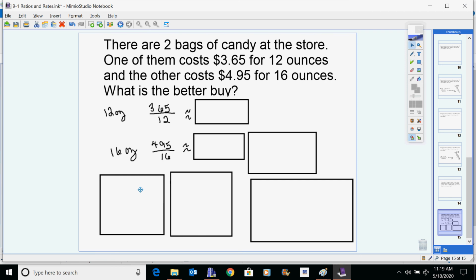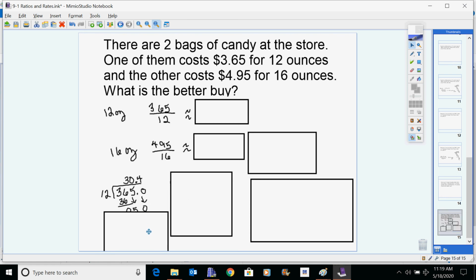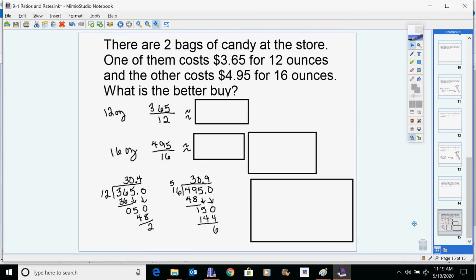So what you can do is divide them out. You don't have to divide out forever. All you have to do is divide out until you find a difference in place value. So when I start dividing these out, 365 divided by 12, the 3's match up, I need to keep going. The 0's match up, I need to keep going. However, when I get to this decimal place, I find that I have a 0.4 for this one, and I find that I have a 0.9 for this one. So I can already tell